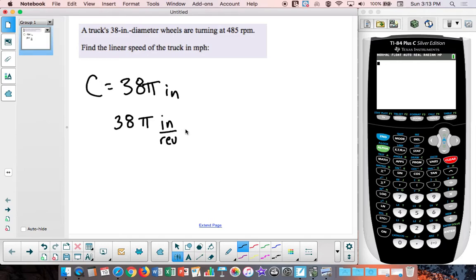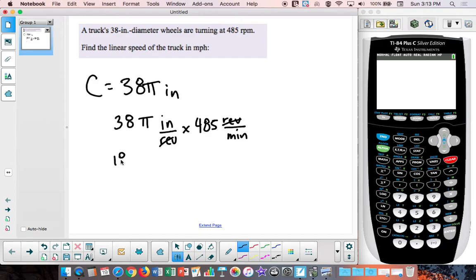Fancy way of saying that the wheel is 38 pi inches as a circumference. We also have this information over here about 485 RPMs, so that's revolutions per minute. So if I multiply the distance it covers in one revolution by how many revolutions it's doing per minute, our revolutions cancel, and we're left with something